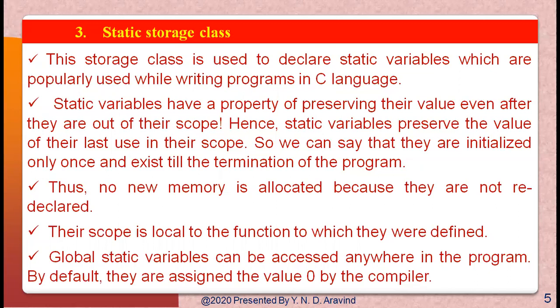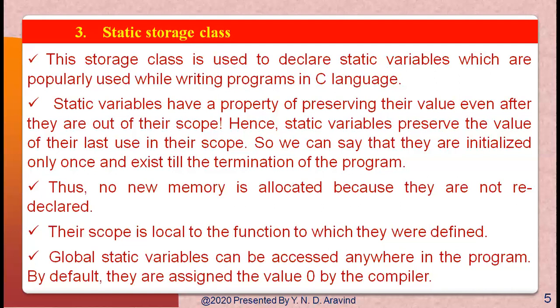So the main difference between auto and static is that static variables do not disappear when the function is no longer active, and their value persists. So if the control comes back to the same function again, the static variables have the same value they had last time around. So static variables can be used to retain values between different function calls. And a static variable is initialized only once when the program is compiled, and it is never initialized again.